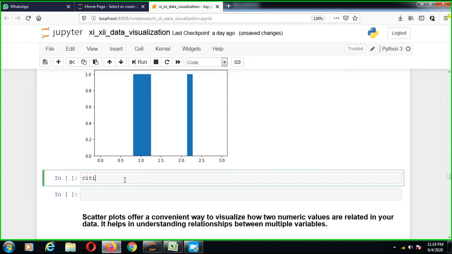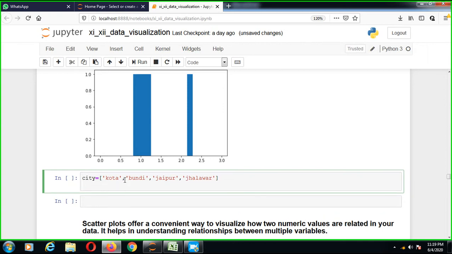So suppose city is the column, and I mention Kota, Bundi, Jaipur, Jhalawar. Okay, so we have 4 cities in Rajasthan, and suppose population is another key term.